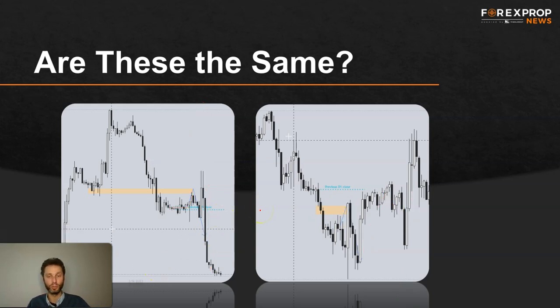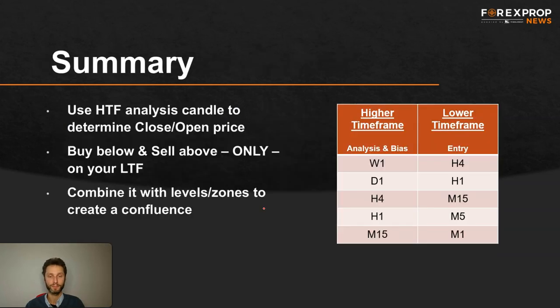That is the purpose here. So this is the idea, to add this criteria to your entries, and then you will see that over time, when you get a real, really strong trend developing, and you're really confident about your trend direction, this will add to your accuracy. So in summary, use the higher time frame analysis candle to determine the close and open price. You may have seen this table before that we looked at in another video of time frame combinations, and what that means is, as just mentioned,